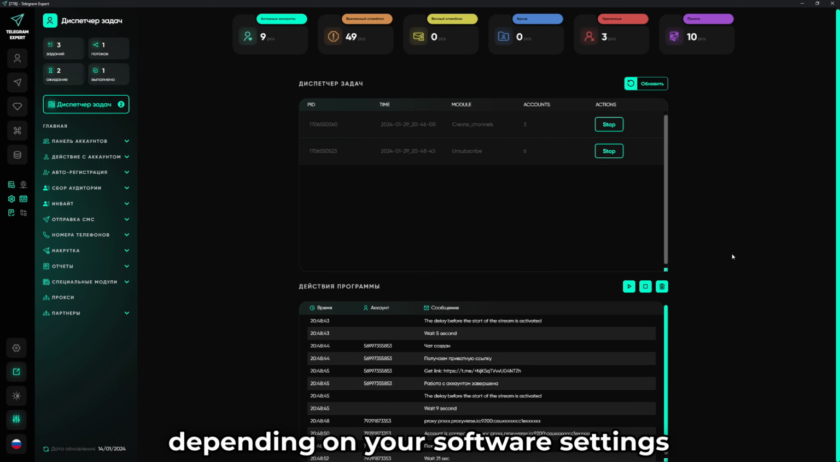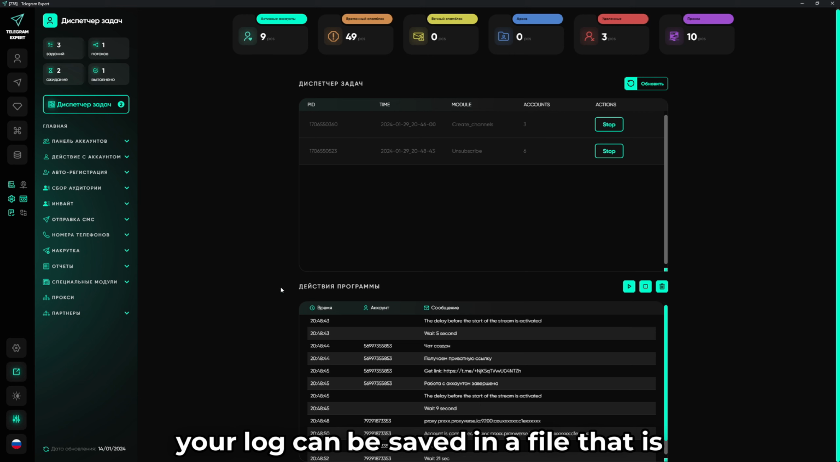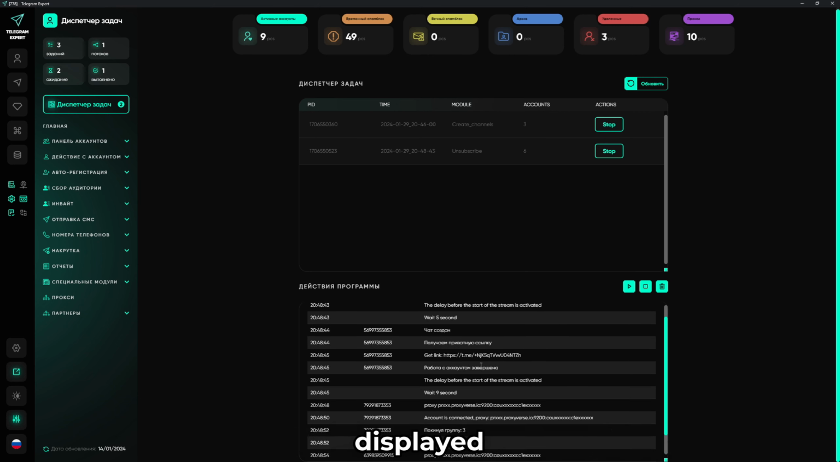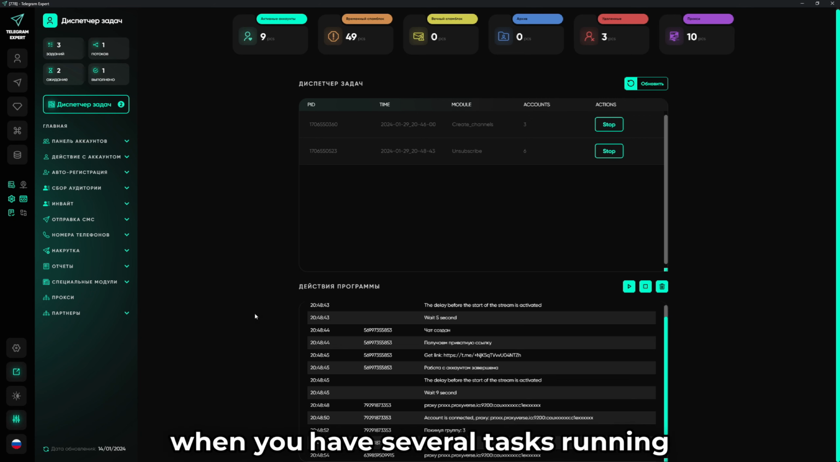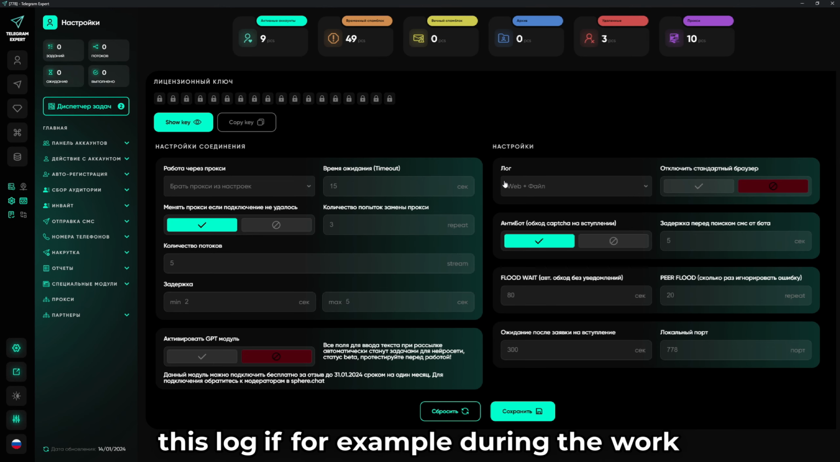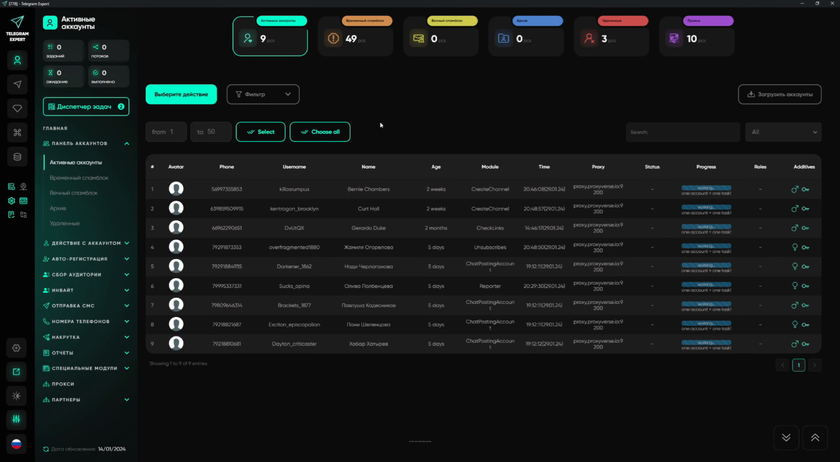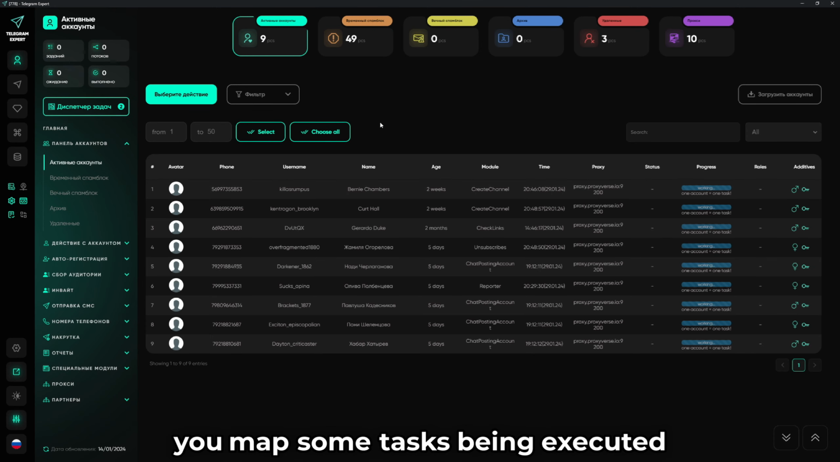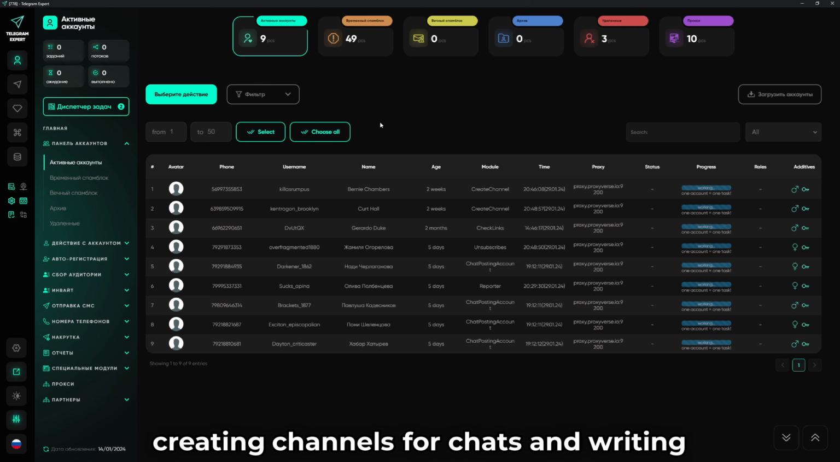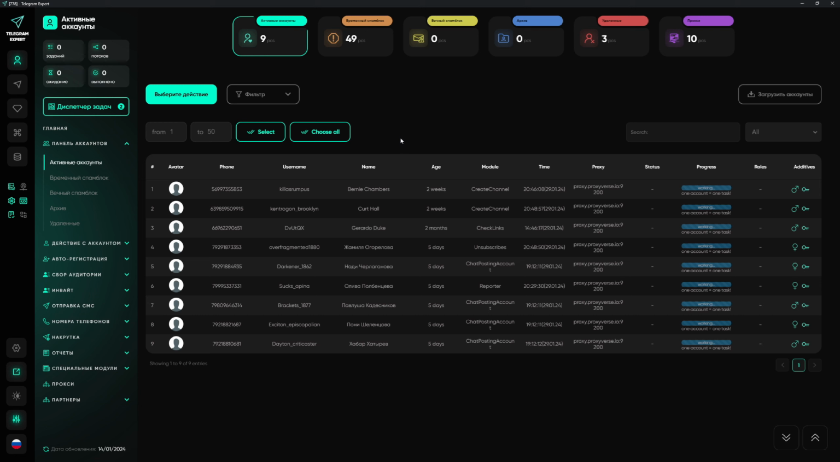Depending on your software settings, your log can be saved in a file. That is, here it is configured where your log is displayed. But, I repeat, when working on multiple tasks, when you have several tasks running simultaneously, this log will be common. If, for example, during the work, you have some tasks being executed, be it invites, mailings, creating channels or chats, and writing to chats, and so on,